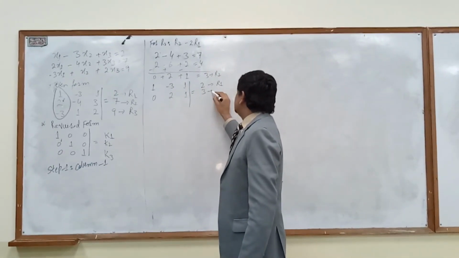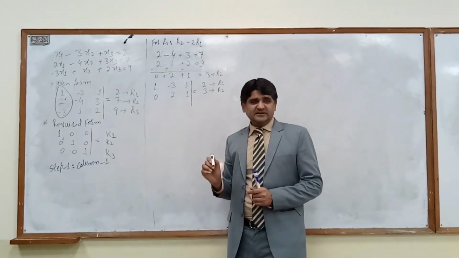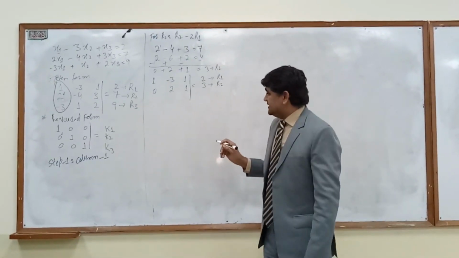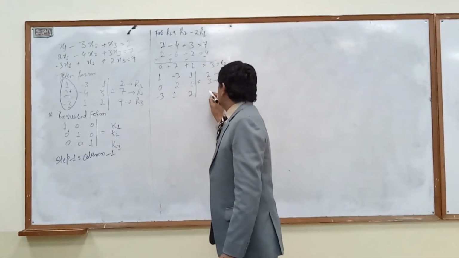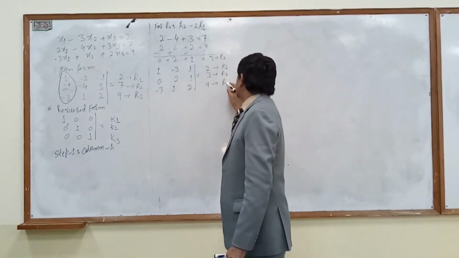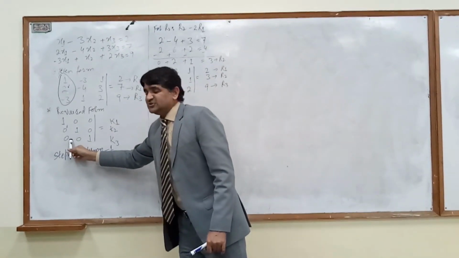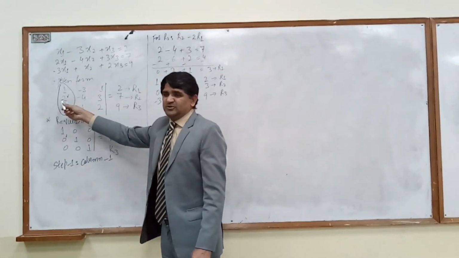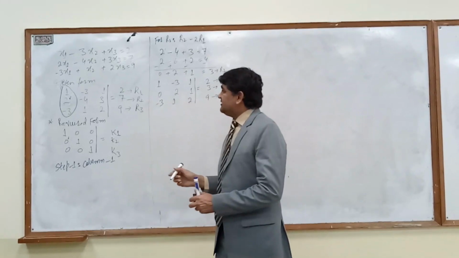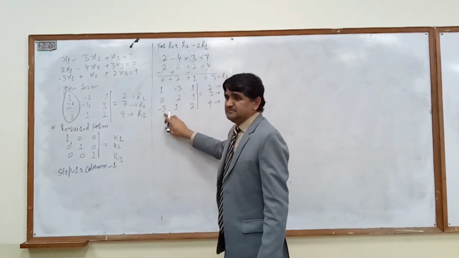It's R1, it's R2. Row 3 will also remain same. What is row 3? 1, minus 3, 9. Very good. Look at required form 1, 0 and 0. And given is 1, 2, and we have converted row 2 into 0 to solve our first step. Now we are required 0 here, and given is minus 3.